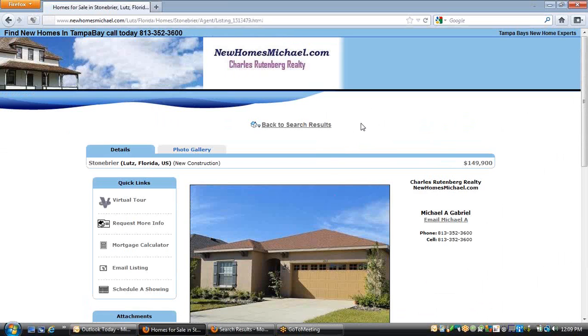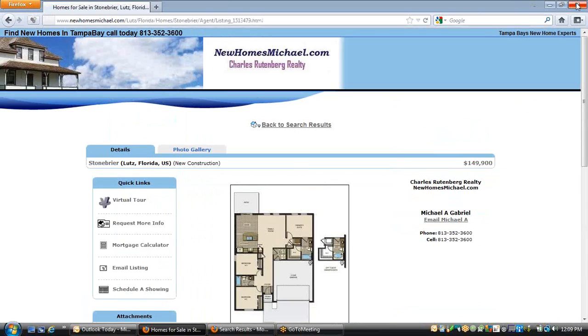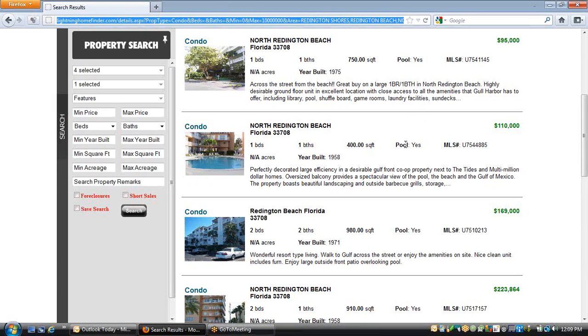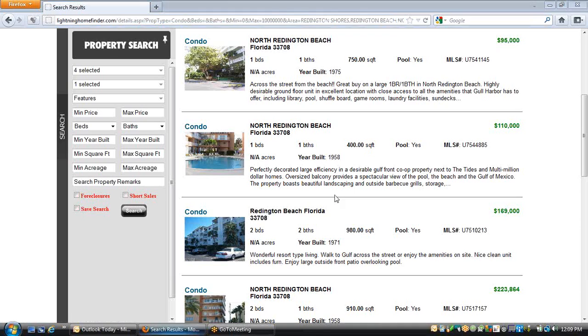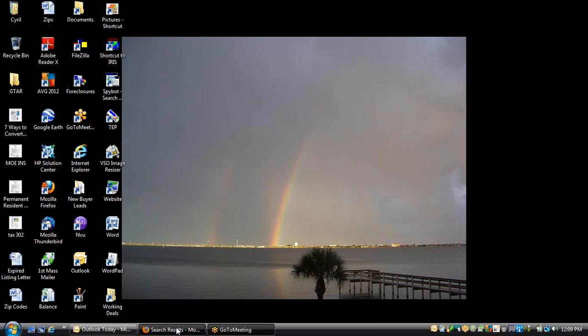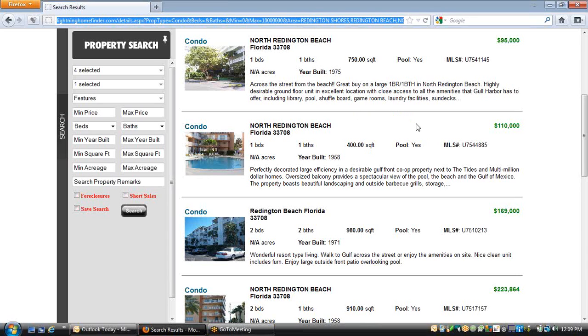You can go there all day long and look at properties, and the agent will never have known you were there. So it's kind of like, why bother taking the time to put an ad in Craigslist, or even worse, to pay for it with Google and partners with their AdWords campaigns, if people are going to get on there all day and look, and you don't know they were there. The whole idea behind our website is